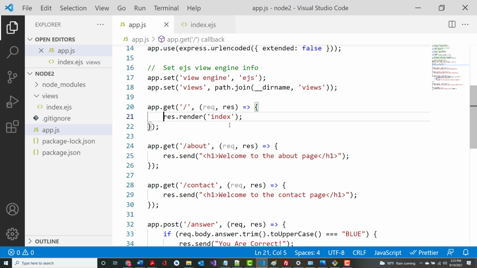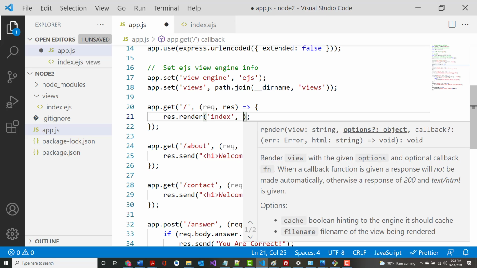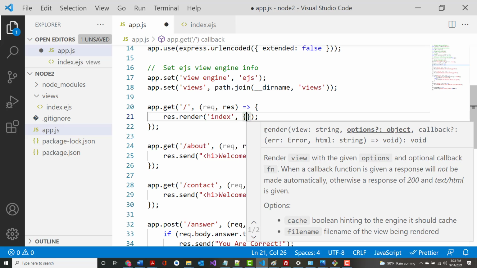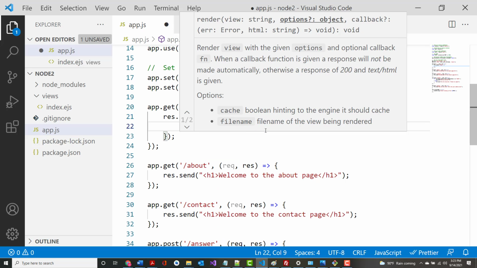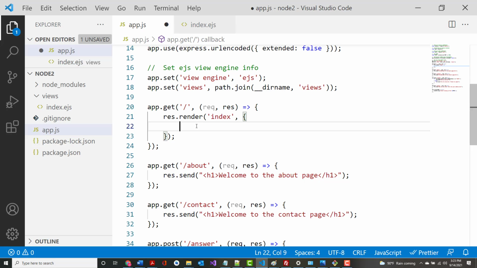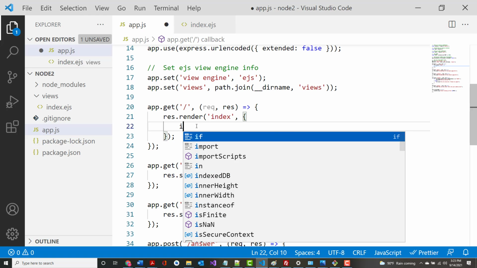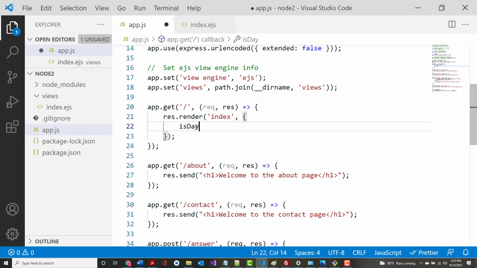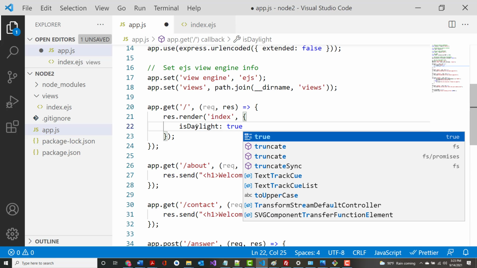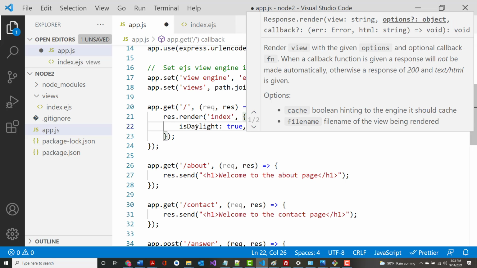All right, so I'm going to come in here, and after res.render index, I'm going to put a comma in, then a beginning curly brace, and then I'm going to hit enter so that the ending curly brace is on a new line. And I'm going to pass it some information. All right. So I'm going to call this isDaylight, and I'm going to set it to true. Okay. And then I'm going to have another one,